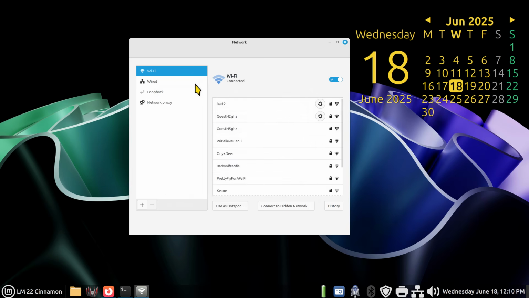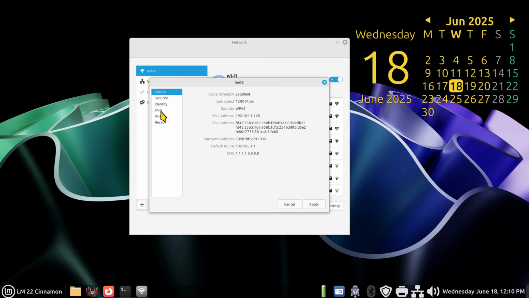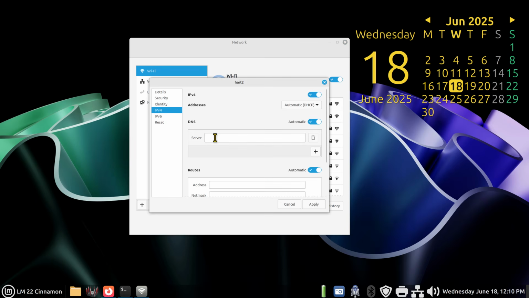If you want to do it manually, you can certainly do that by going into here, turning this off, plugging in server numbers. You know you can hit that plus box several times. If you leave the automatic on and also plug in your own server numbers, then your router will add to the list. Your ISP maybe could be first, and if it goes down, you'll have at least a backup if you wanted to go that route. Or you can turn that off